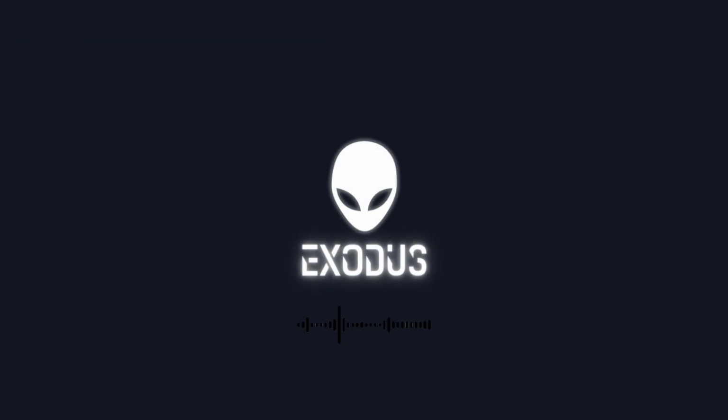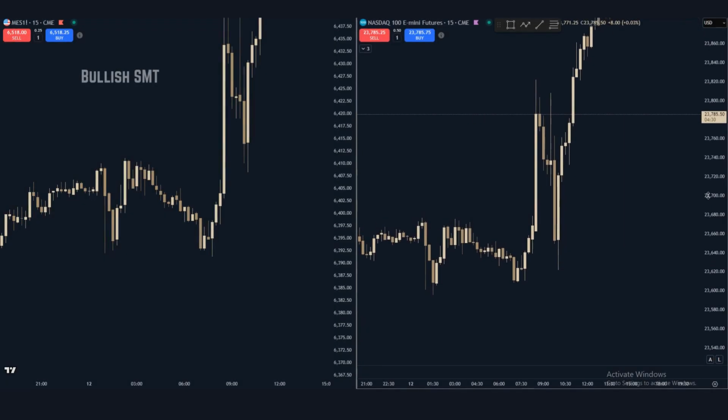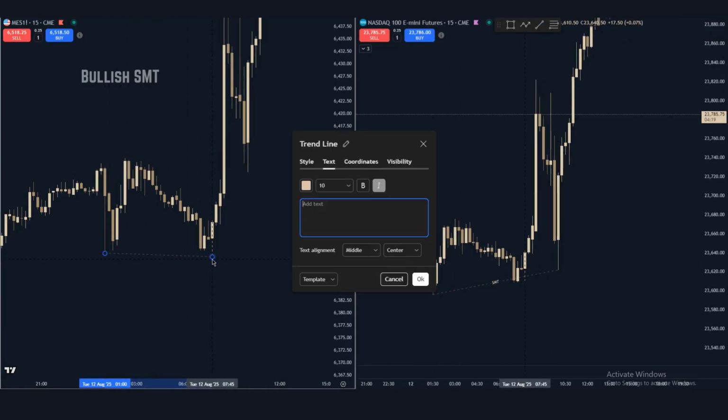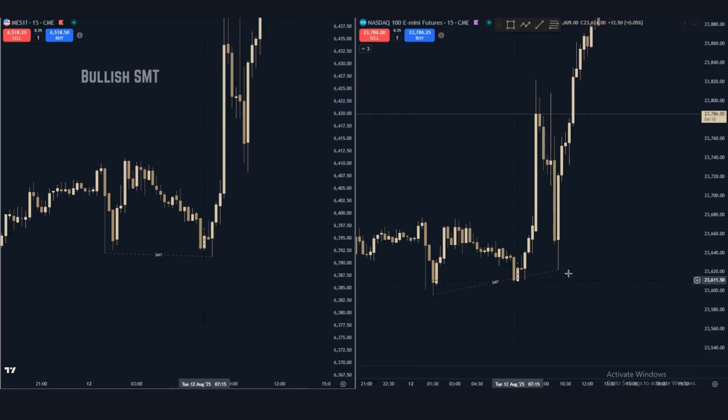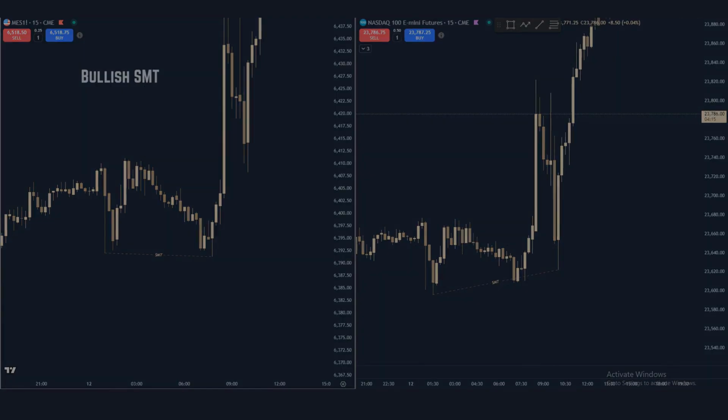So in this next example, you can pause the video and see if you can identify the SMT yourself to determine what the weaker and stronger pair is. So here in this example, we have a bullish SMT that occurs at the lows. We have NQ on the right and ES on the left. NQ was unable to take out the previous low and ES was able to take out the previous low. So in this case, if you're bullish on the higher time frames, you would long the stronger pair, which is